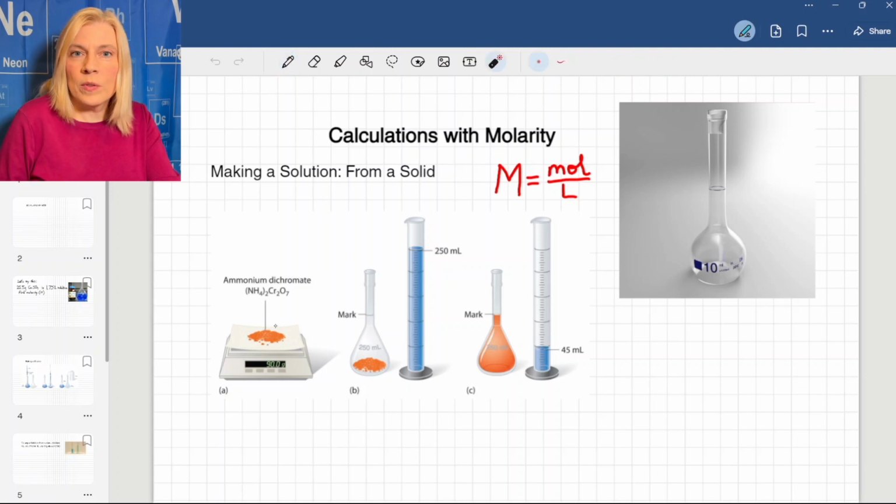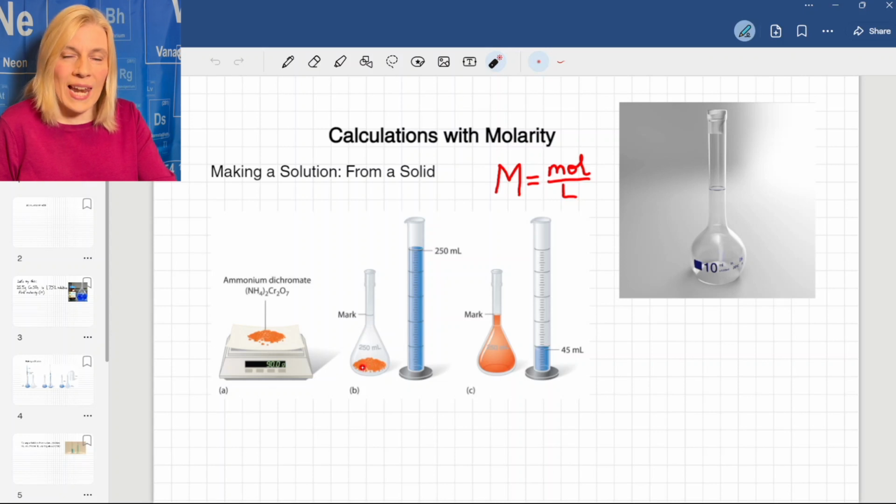You're going to take the amount of your solid substance. You will weigh out the amount that you need. And in most textbooks, they say you're going to put this into a volumetric flask. Here is actually a picture of it. What it looks like is only one tick mark, and this one tick mark will tell you the volume. So this is 10 milliliters. If your meniscus touches the bottom of a tick mark, you know you have exactly 10 milliliters of a